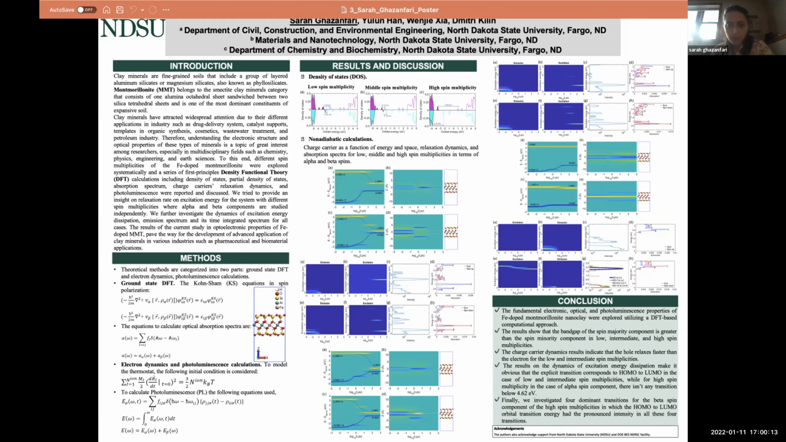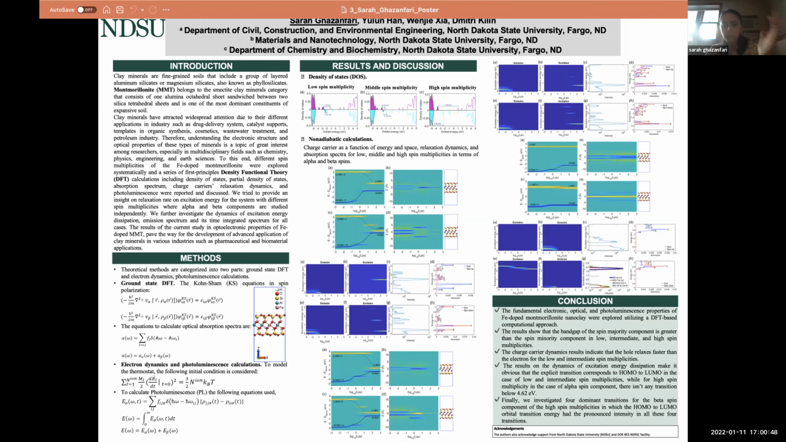I just explained that for the first one, the fundamental electronic, optical, and photoluminescence properties of this type of material, iron-doped montmorillonite, were studied using the DFT-based computational approach. Then I started mentioning the results. The ground state results show that for the density of states,